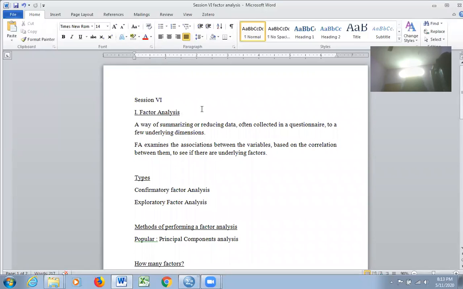So factor analysis is a very, very important concept in SPSS, but it's very easy to calculate too. Now, what is the purpose of this factor analysis? As it is given in the slide, it is a way of summarizing or reducing data, often collected on a questionnaire, to a few underlying dimensions. See, we collect a lot of data using a questionnaire or interview or schedule. And when you want to find out how many dimensions are there, how many factors are there, you can go